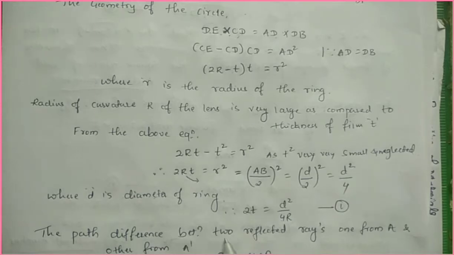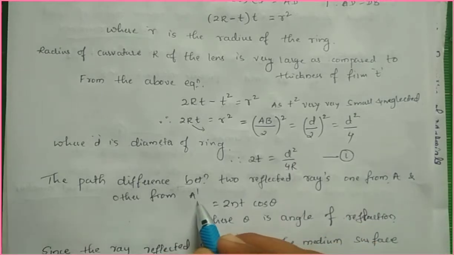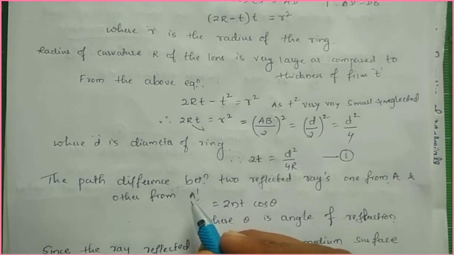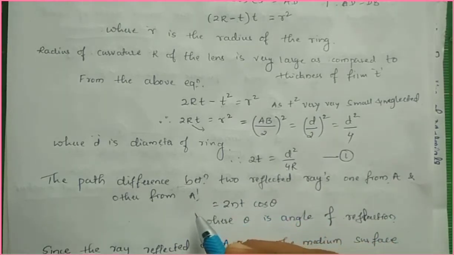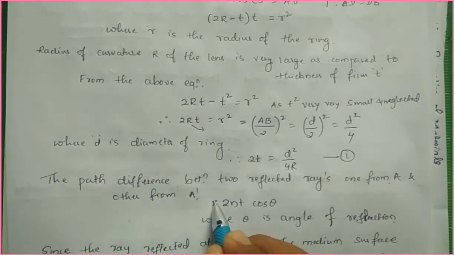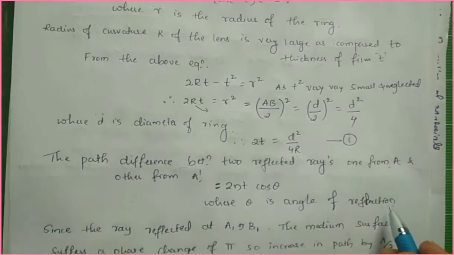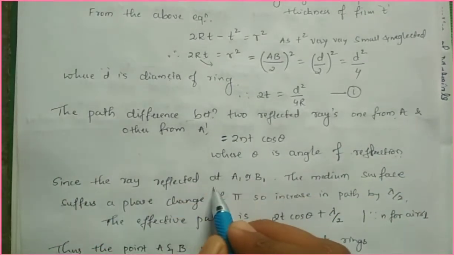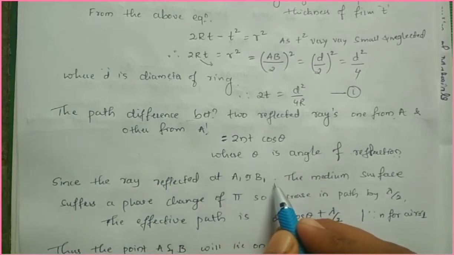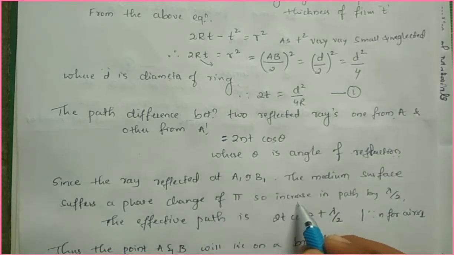The path difference between two reflected rays, one from A and the other from A dash. So the two rays are reflected, one from the upper surface at A, another from the lower surface at A dash. So already you got the path difference for the reflected light. That equation you have to consider here, 2nt cos theta, where theta is the angle of reflection. Here, since the ray is reflected at A dash or B dash at the lower surface of the lens, the medium suffers a phase change of pi, so increase in path